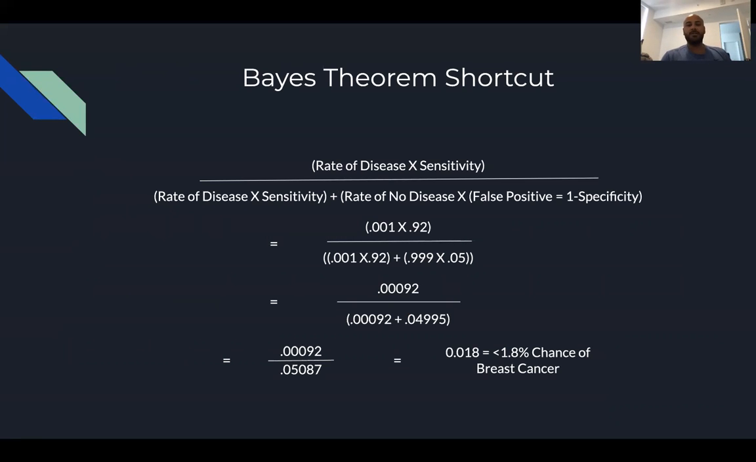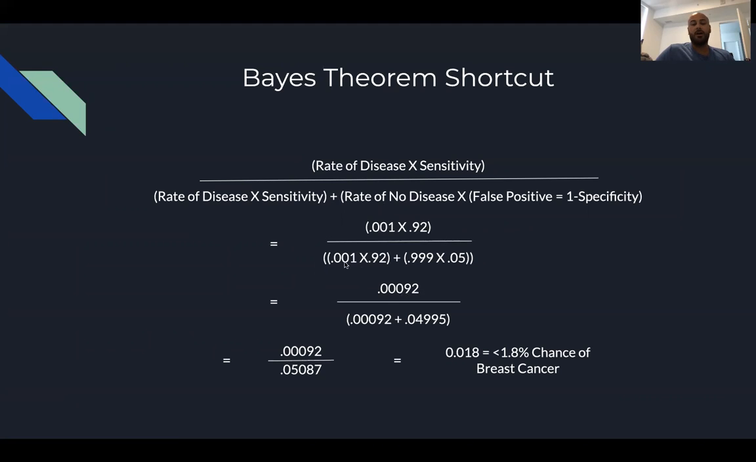Now to do it quickly, they have what we call the Bayes' theorem shortcut. This will be basically you take the rate of disease times the sensitivity of 0.92 and divide it by the rate of disease times sensitivity plus the rate of no disease times a false positive, which is 1 minus specificity. So here you can see how we found the rest of the equation. So 0.001, that would be the rate of the disease. Our sensitivity is 0.92. You multiply that together,